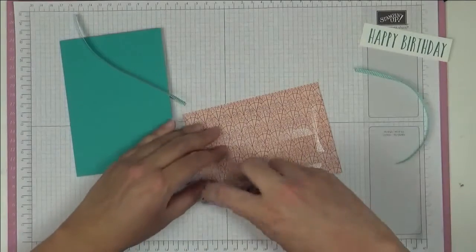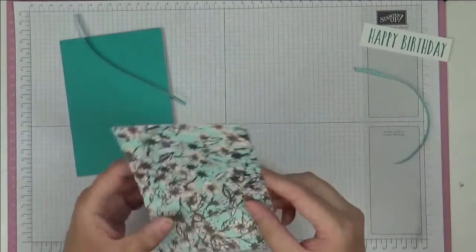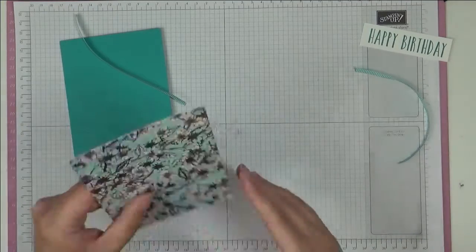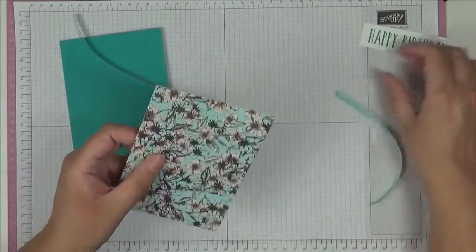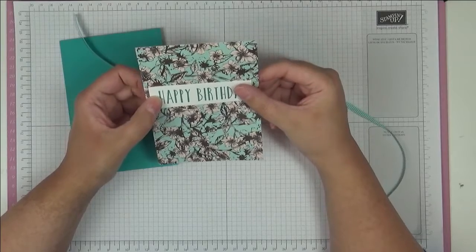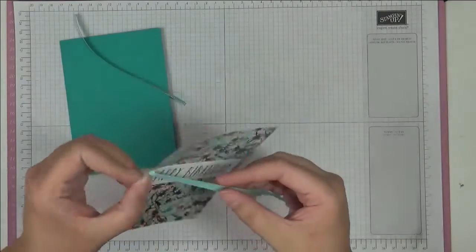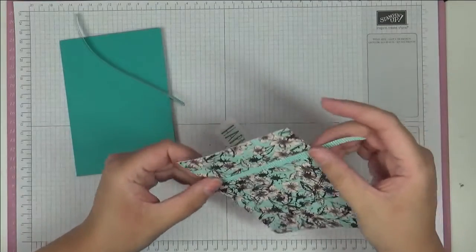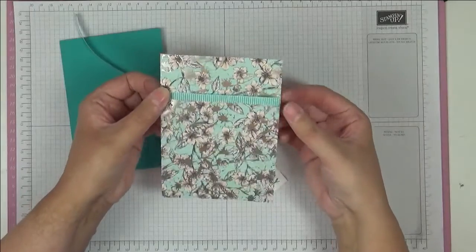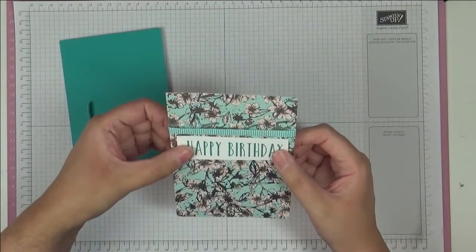And I'm going to put a bit more snail, but just along the edge here. Okay, and if you do like me just now and get it on a bit over the side, just tuck it back in, it'll be absolutely fine. So I'm going to want my sentiment to go somewhere, I think around here, so it gives me an idea of where I want to put my first piece of ribbon, which is somewhere like that. So I'm just going to wrap it round, and then I'm just going to put my sentiment again down,